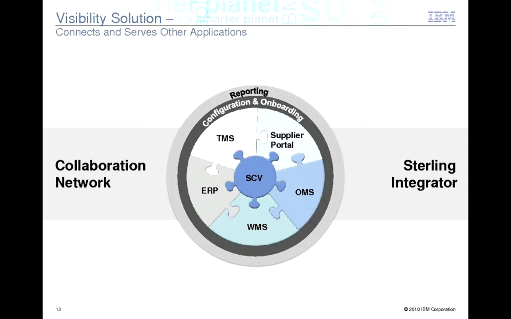So the system is designed with the concepts of crawl, walk, run, right? And so what I mean by that is you can get value with just being able to see the documents that you're currently trading today with the trading partners that you're currently trading with. So even if you say, well, I don't have my entire network up and available electronically, that's okay. You're still going to get value, and that's kind of that crawling phase where I can just see the documents